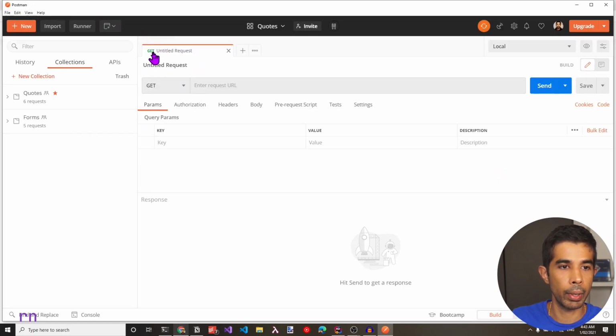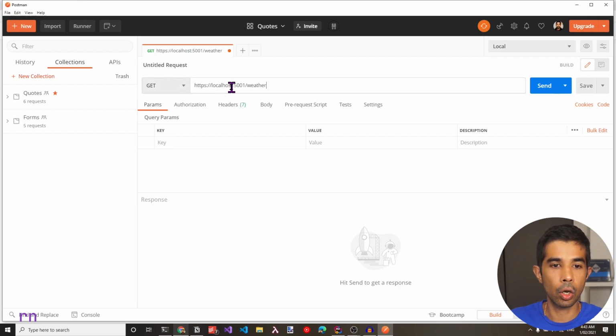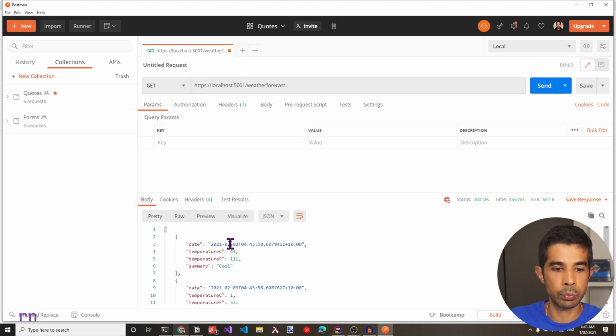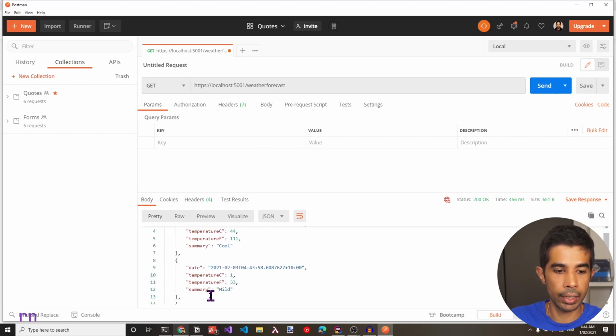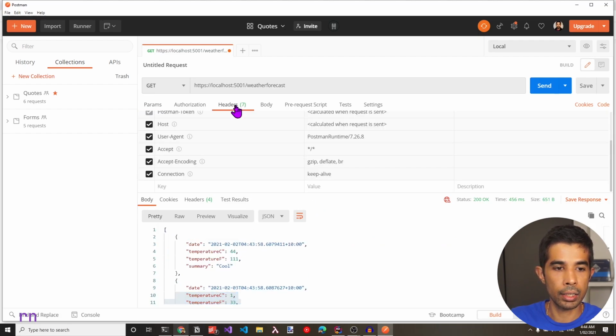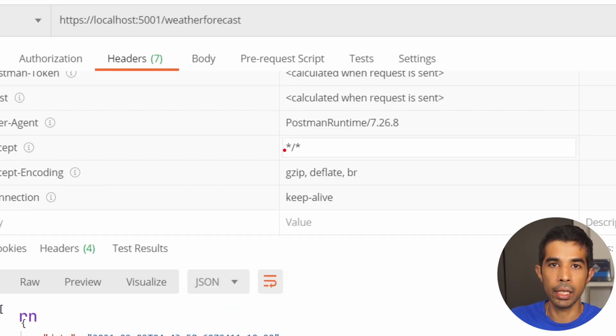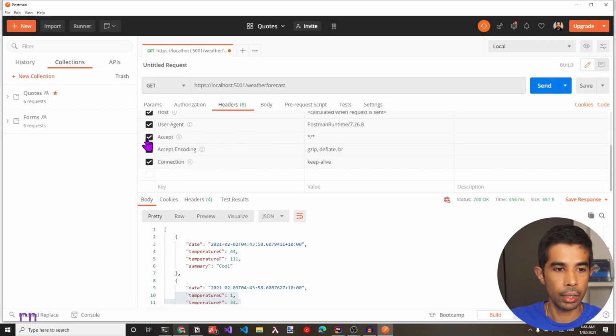Let's click the plus to make a new request. By default, this is the GET request, so let's pass in the URL and make a call to the weather forecast endpoint. So if you hit send, this is going to return back the data as expected. You can see this is now returning the data in the JSON format. So let's navigate to the headers and start setting the accept headers. By default, the accept is getting set to */*. This means it accepts any of the response types, which is why we are by default getting the JSON formatter, because that formatter is what is getting registered inside the MVC options first. Since I cannot edit this default header, let's uncheck this and add in a new header to be passed in.